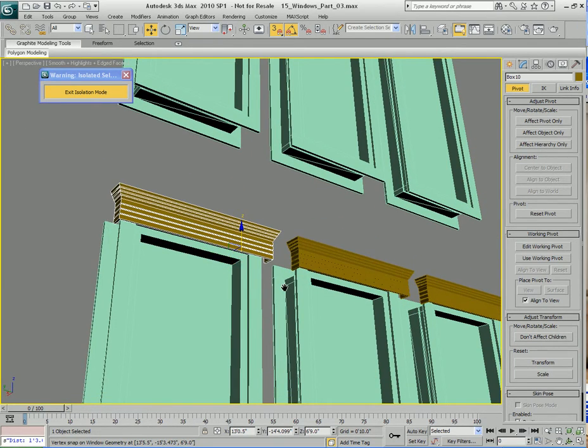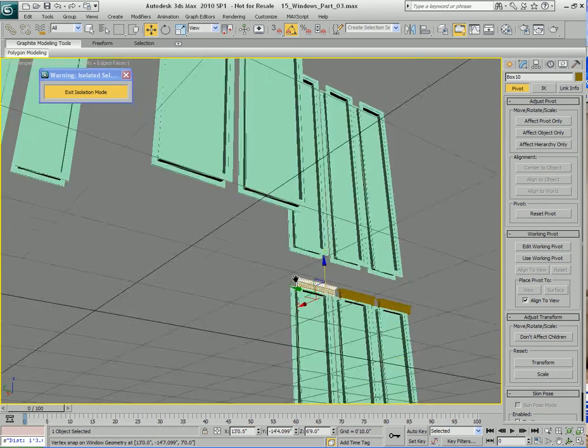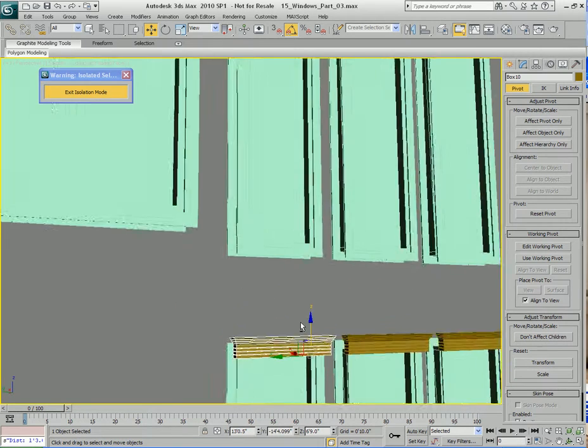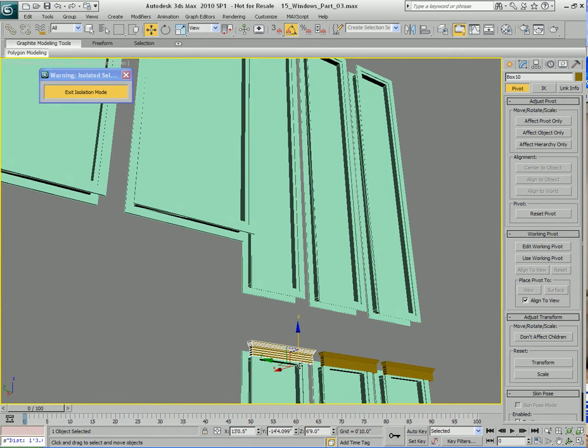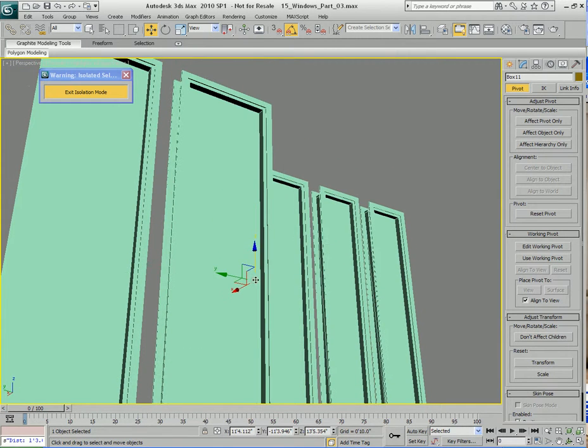So I'm going to skip ahead in the video and go ahead and clone this to the other windows here and to any other windows that are the exact same size. Also, when you clone this guy over to the larger windows over here,